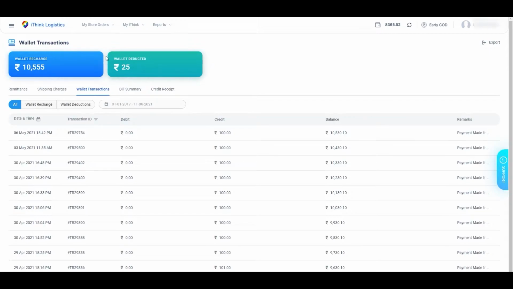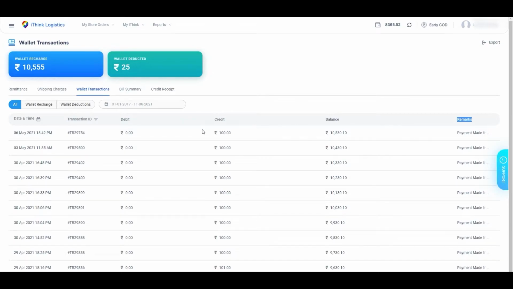Wallet deducted: in this section, you can view the amount that has been deducted from your wallet account against any particular invoice number. Here, you can view the remarks which the iThink Logistics team might have added against any particular transaction.